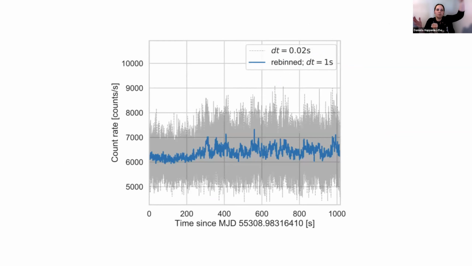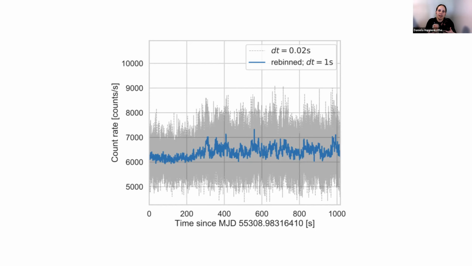If this whole cycle I showed you was over the course of weeks to months, this is now a time series in seconds, and that encodes the brightness as a function of time. This is about 1,000 seconds total. In gray is the original time series that we measured, and then I binned it for a bit of clarity. What you see here, especially in the gray time series, is a lot of variation from Poisson